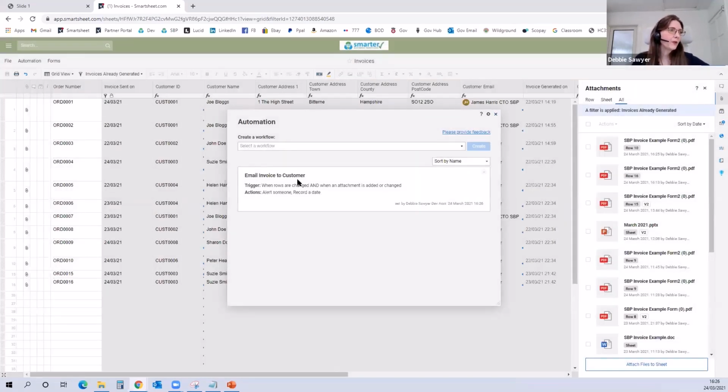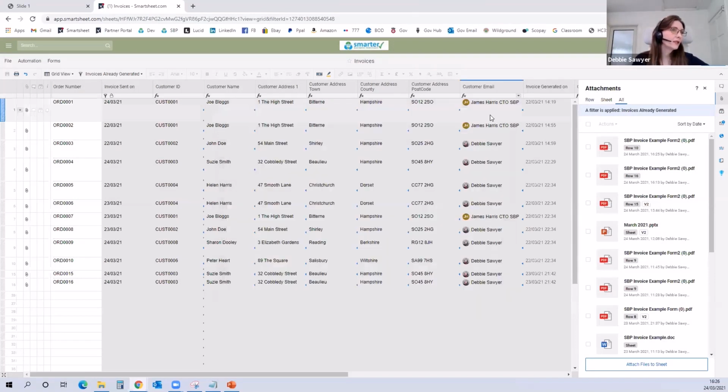The only drawback with the email automation is that in order to attach the PDF to the email, you have to send a link to the sheet within the message, and that might not be ideal. If you haven't shared the sheet, then the recipient wouldn't be able to follow the link to the sheet. But sometimes people are like, oh, I don't really want to send a link to the sheet to a customer because I don't want them to be able to get in the back door and see any of this information. So an alternative way of sending your generated PDF, instead of the automation, you can disable the automation,